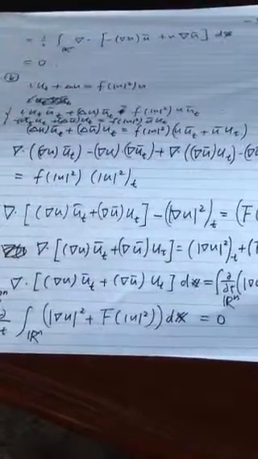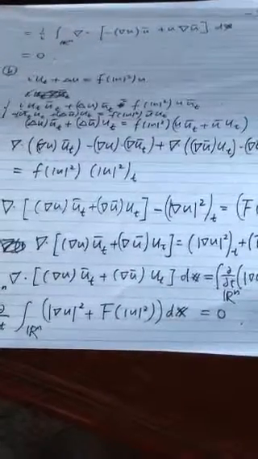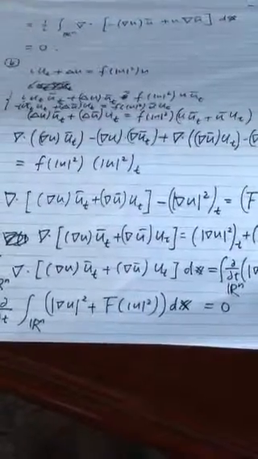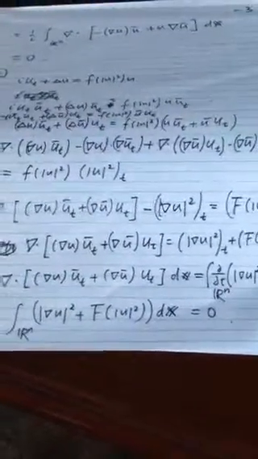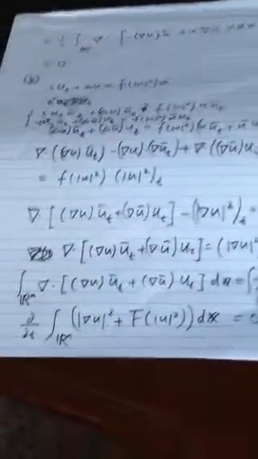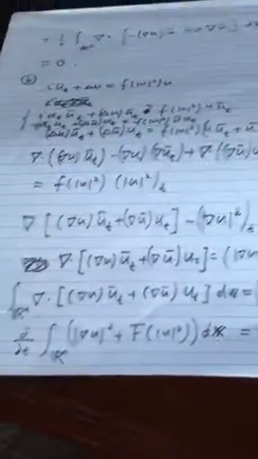Use identities, actually all of these are identities. Just write it out. Try to get it into divergence form, and so eventually you get the Laplacian of